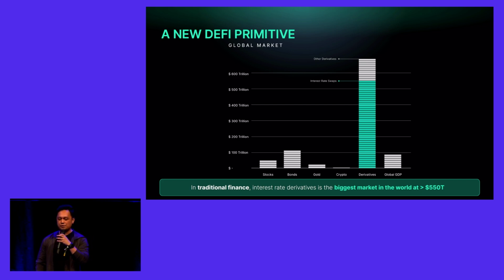So just a quick overview. The idea of trading yield or interest is not new. It actually originated in traditional finance, where we have interest rate swaps and interest rate derivatives, where different forms of interest can be traded across different markets, right? And this is the largest financial market, with over $550 trillion worth of market cap. So what we do at Pendle is take this concept and deploy it to the rest of DeFi, where you can actually trade yield across these different markets. Because in DeFi, everything's about yield in some form, right? Everyone knows that APY is the most recognizable term across all of DeFi.